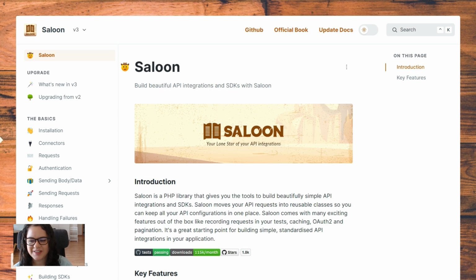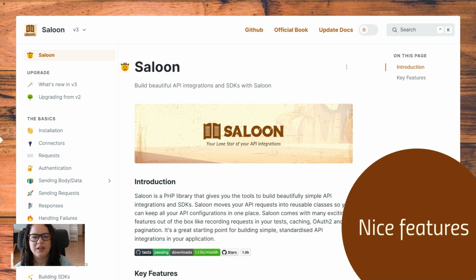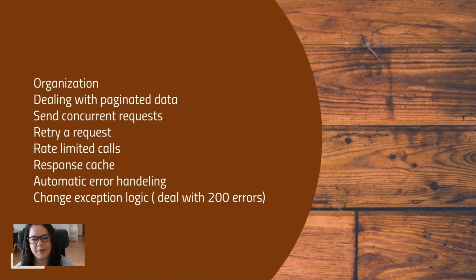Looking at the docs, they say that Saloon moves your API requests into reusable classes so you can keep all your API configurations in one place. And that it comes with many exciting features out of the box like recording requests in tests, caching, OAuth 2, and pagination. What I really like about Saloon is that it helps you to organize your API calls and has